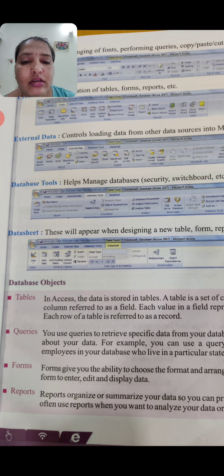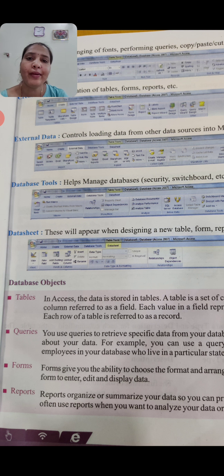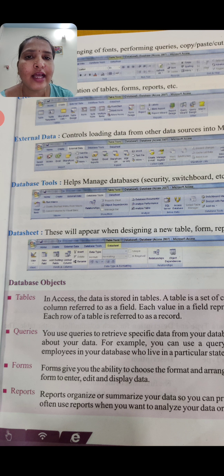A form is used to give the entry of the data or information in the database. For example, consider your school forms, admission forms. What will you write in admission forms? You will write your name, first name, last name, your father's name, mother's name, your date of birth, your mother tongue. Likewise, so much information related to you is written in the forms, isn't it? So that is what we call a form. This is another database object.